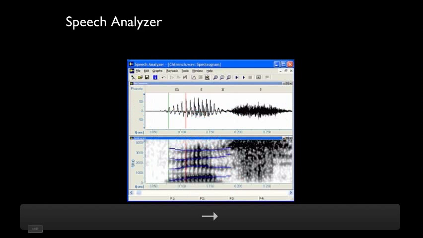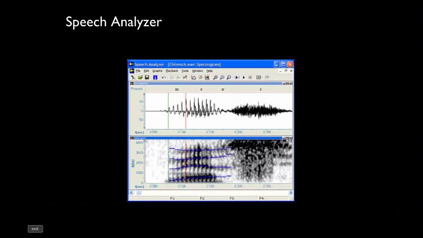Okay, now analysis. You'll know these programs better than I do probably, but Speech Analyzer and other like programs are adapted for linguistic analysis, tone and so on of recorded speech. So you'll know better the programs, but this is one possible analysis tool for analysis. Okay,